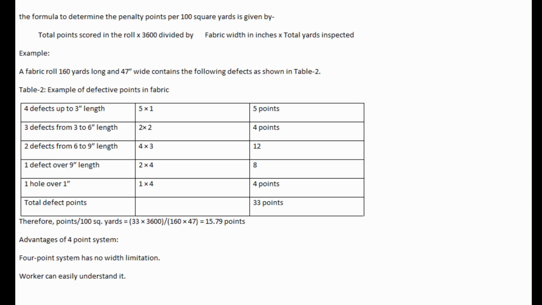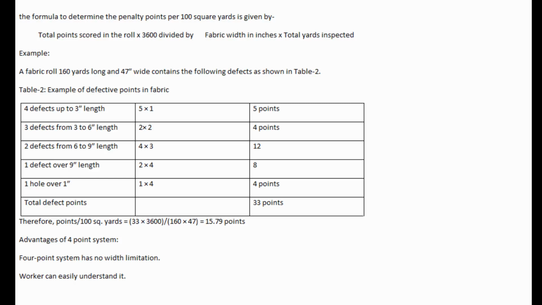Table 1. Assignment of penalty points in 4-point system. Size of the defect, penalty point. Defect up to 3, 1. Defect over 3 less than or equal to 6, 2. Defect over 6 less than or equal to 9, 3. Defect over 9, 4. Hole and opening, large dimension: 1 or less, 2; over 1, 4. Total defect points per 100 square yards of fabric should be determined, and the criterion for the acceptance